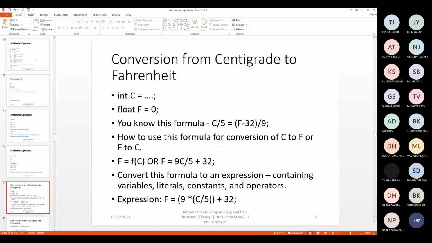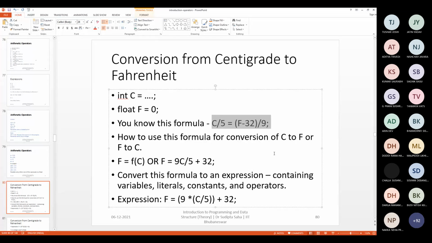Yeah, so similar issues are there in formula evaluation also. For example, if you want to evaluate this Fahrenheit and centigrade. Imagine that you have been given a formula, say C/5 is equal to (F minus 32)/9. You are given a relationship between two scales, right? C scale and F scale. So there is a known relationship, (F minus 32)/9 is equal to C/5. This is derived based on the concept that 1 degree.